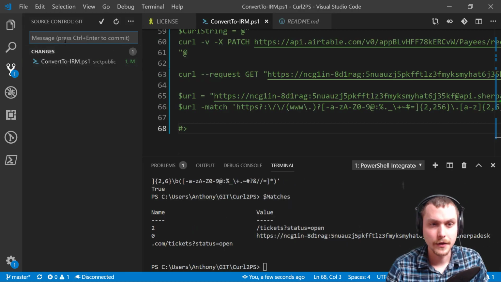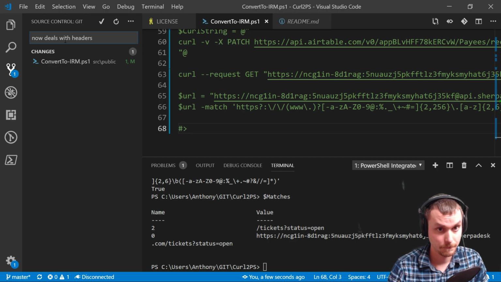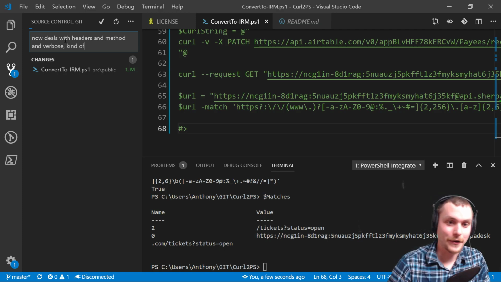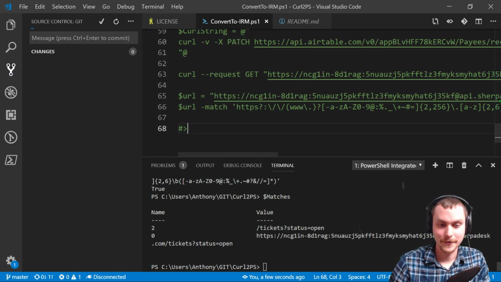And say now deals with headers and method and verbose. Kind of. Okay, that's a really simple